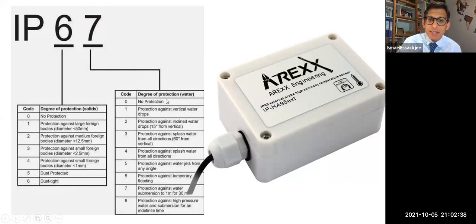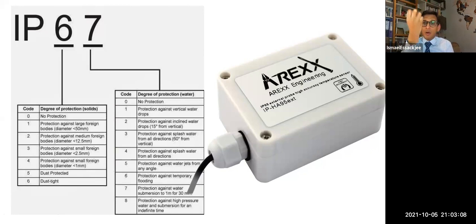Okay. Next is protection of water. This is what we call waterproof or things like that. So 0 is no protection. You can't put it in the swimming pool. As you go down, there are some splashes which are accepted, 2, 3, 4. Maybe you're installing a light into your walls outside, so it's going to have rain and so on. So you can choose an IP. The second one, maybe 6 would be okay. Protection against water just from any angle. Okay. 4 should be okay for rain season and so on.